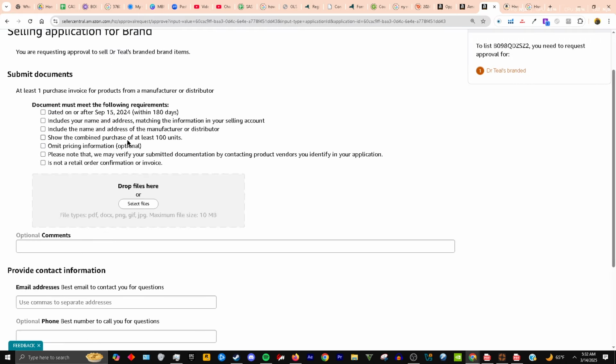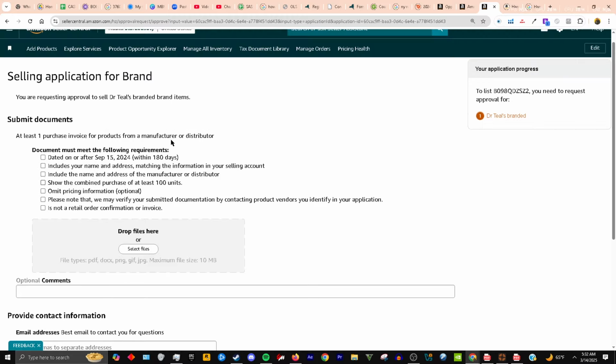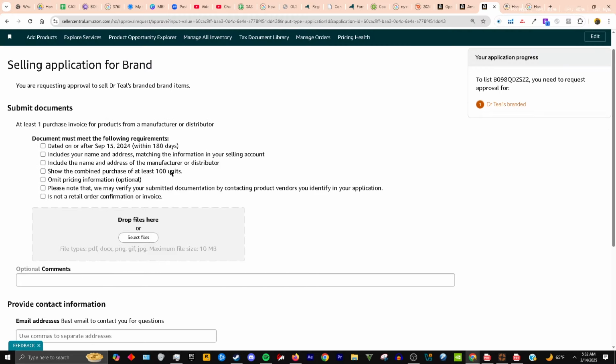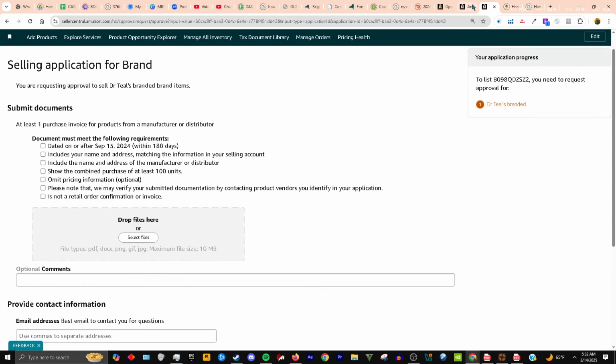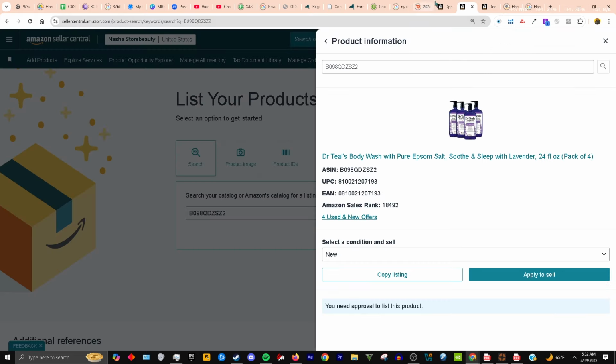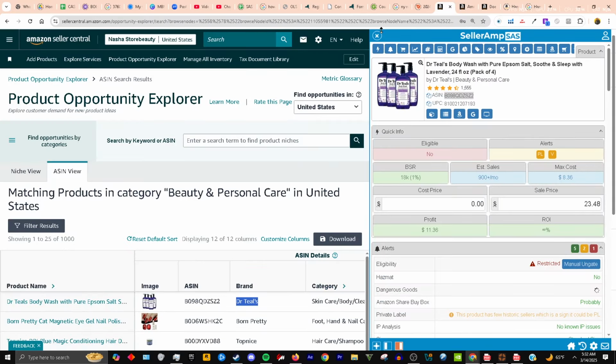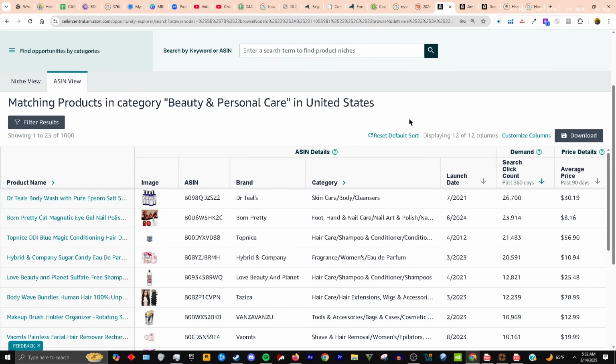I need a purchase invoice of at least 100 units. This 100 units, if you have an LLC, usually you could probably buy, depending on what type of product it is, directly from the manufacturer, and they should give you an invoice and a receipt that you could upload here. But since we don't have it, if we're just a new seller on Amazon, we don't have any of that stuff just yet, what we could use within the